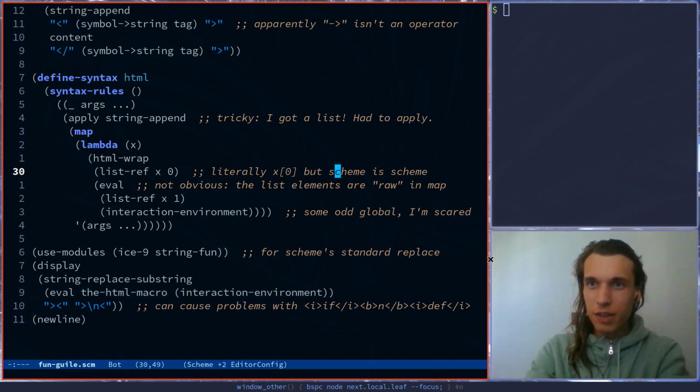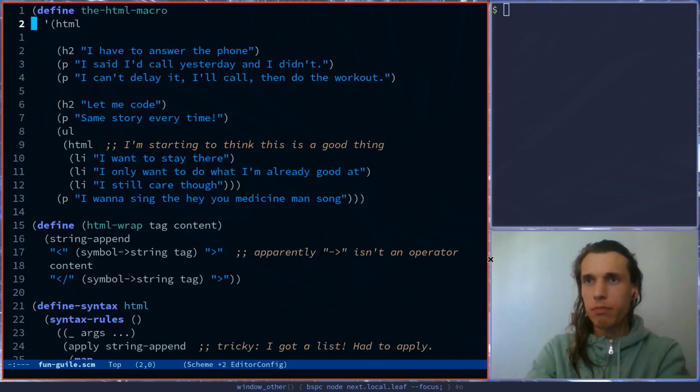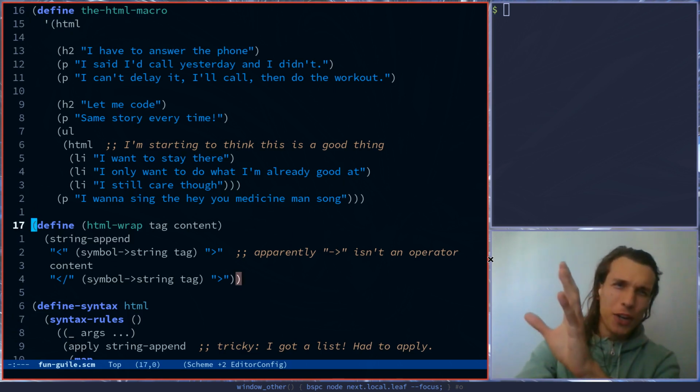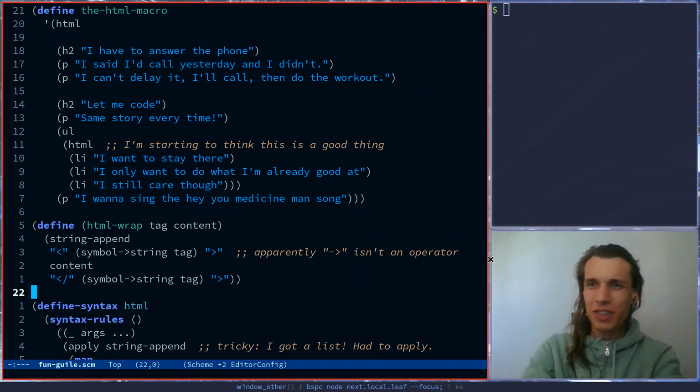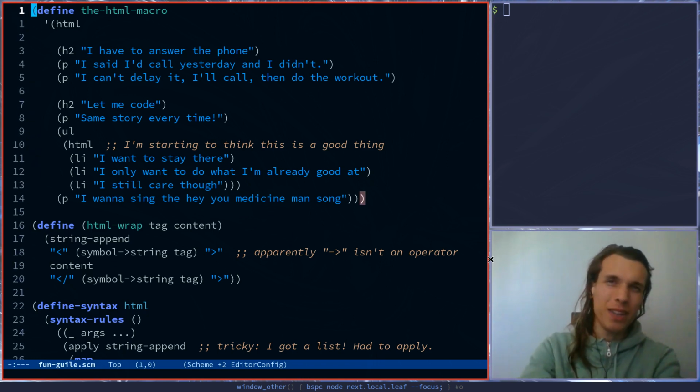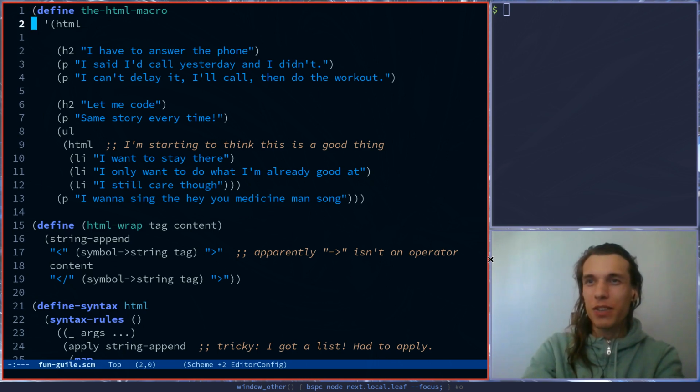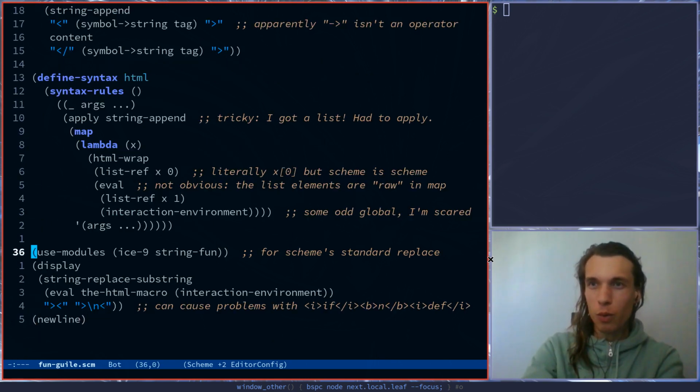But the syntax for HTML, that thing up there, right, is defined later. So I want this thing to be at the top. I didn't want the defined syntax one to be at the top. I want that to be at the top. So yeah, I thought to define it as a list and evaluate it at the bottom once the syntax has